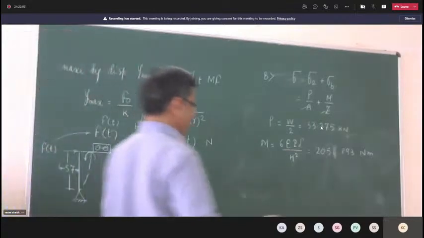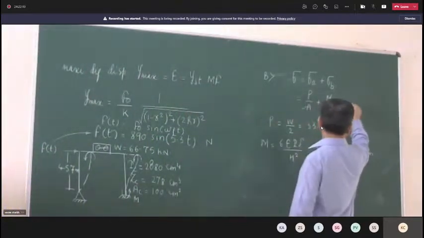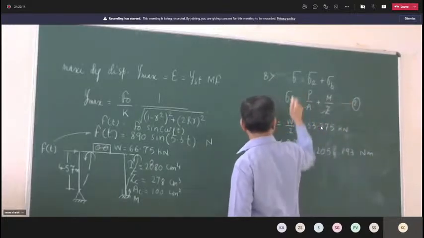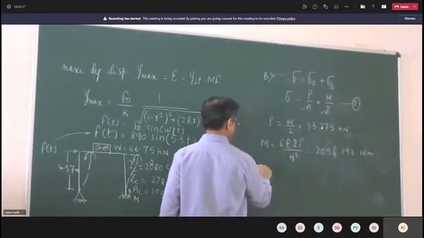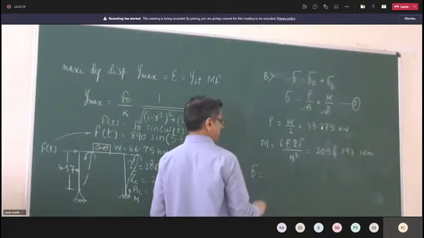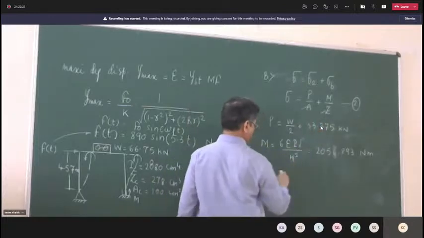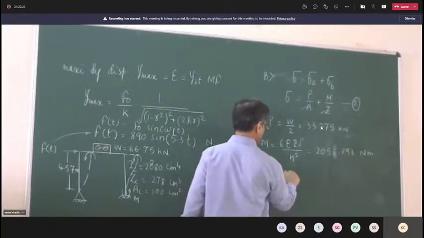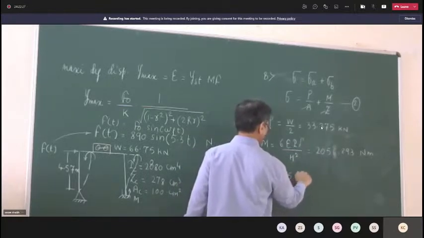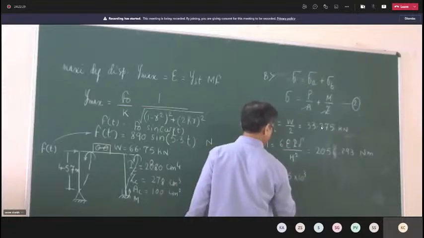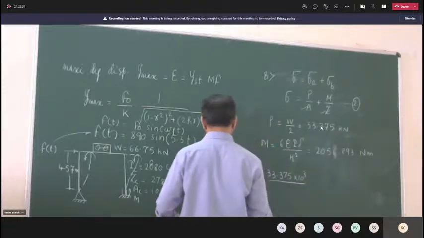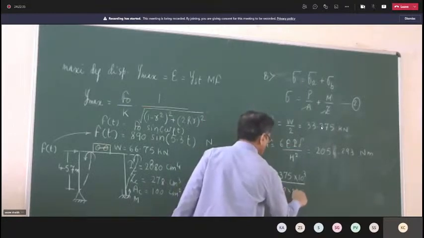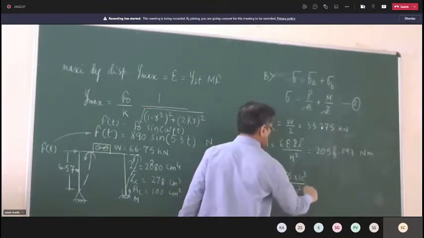And now substituting in equation 2. Let's call this equation 2. The maximum stress in the column is P by A. P, you convert it in Newton. A is 100 centimeters square, so it is 100 into 10 raised to 2 mm square